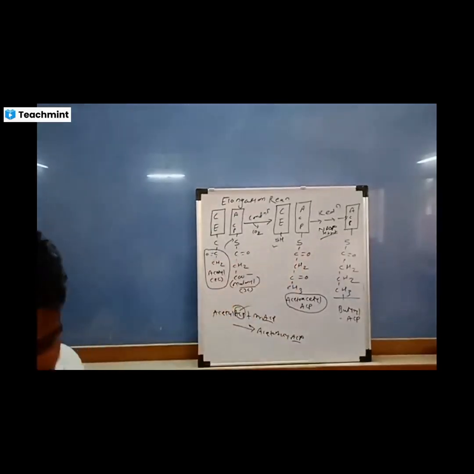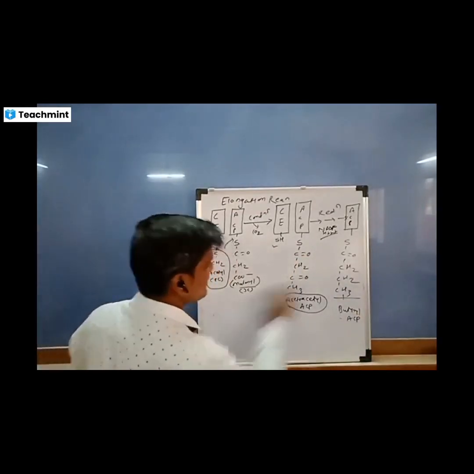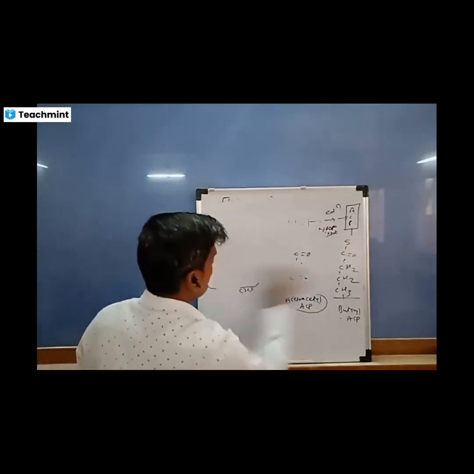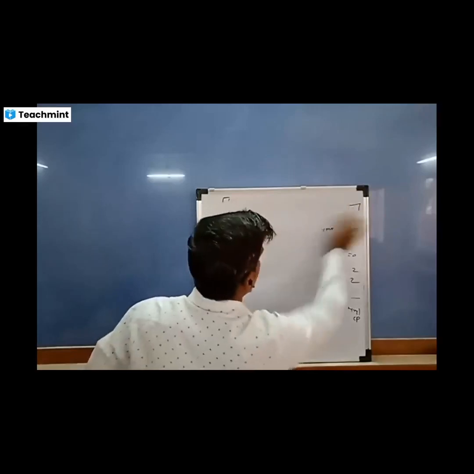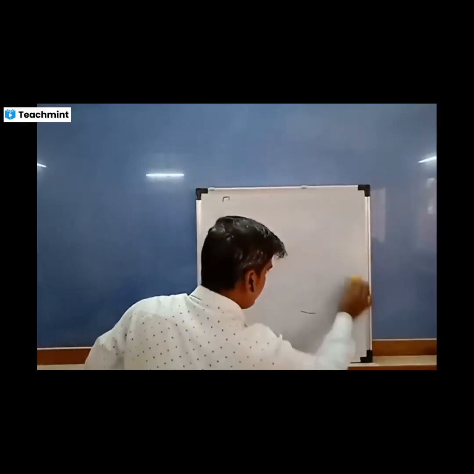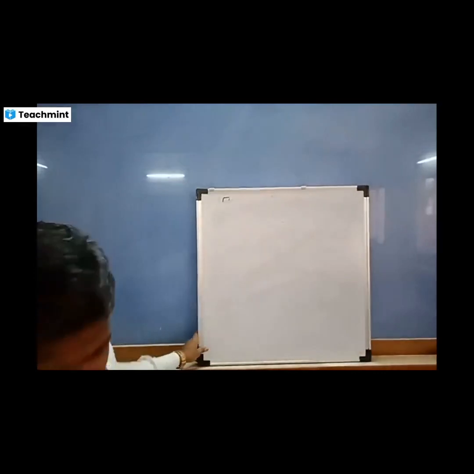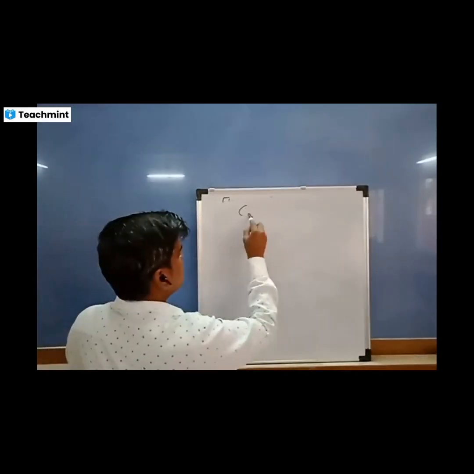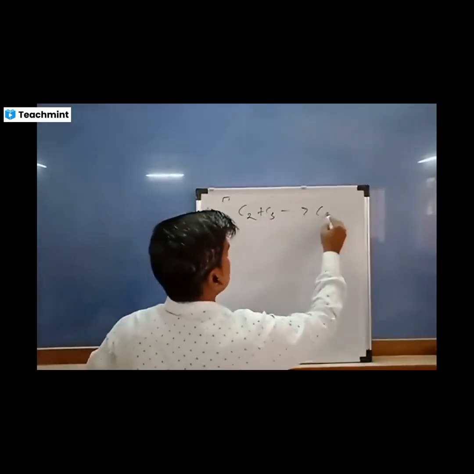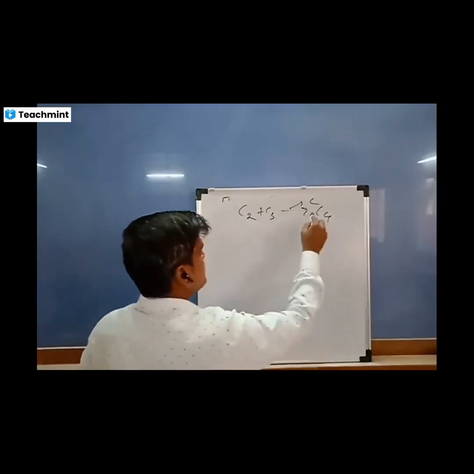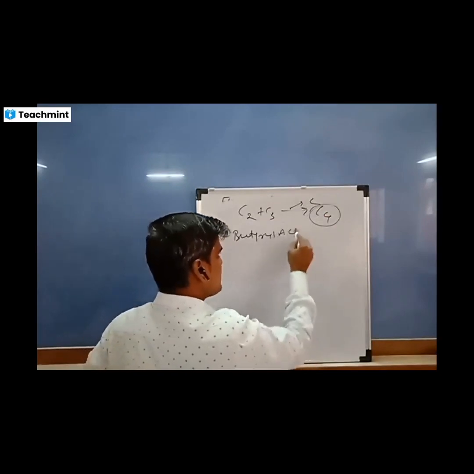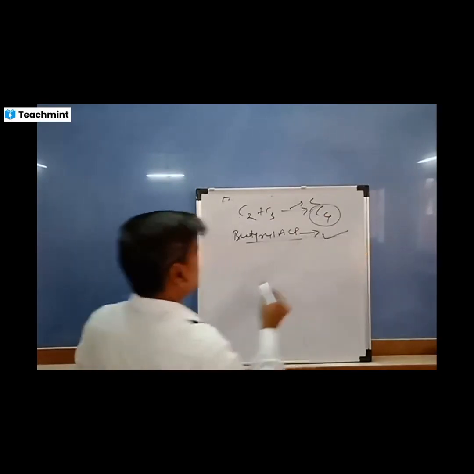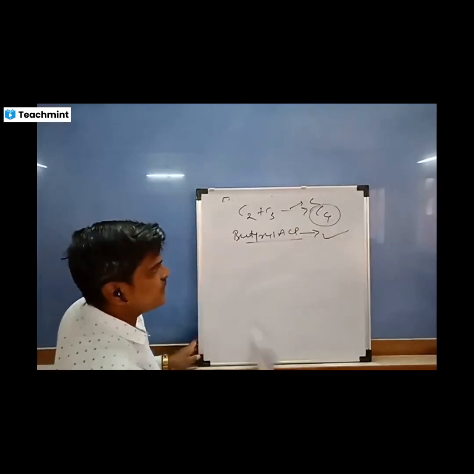Now this butyryl ACP is ready for translocation. How it is ready for translocation means, whatever the 4 carbon structure is now formed, it is ready to translocate onto domains 2 and 3 of the opposite chain for converting into a 6 carbon structure. So I repeat the point. This is C2 combined with C3 to form C4, 1 carbon is lost. Now C4 butyryl ACP is available in our hand. This butyryl ACP structure is now ready to translocate, means for transfer to the opposite chain.